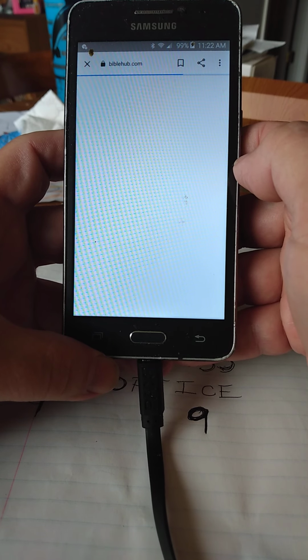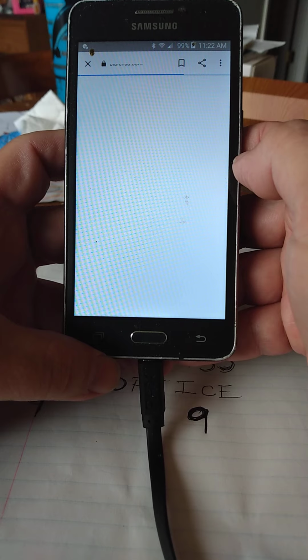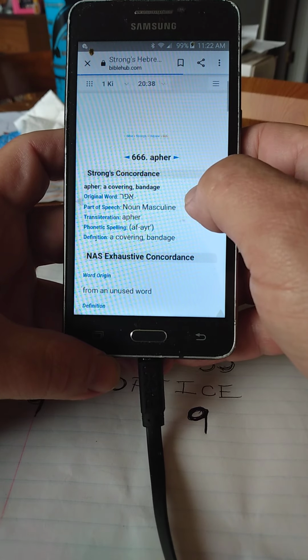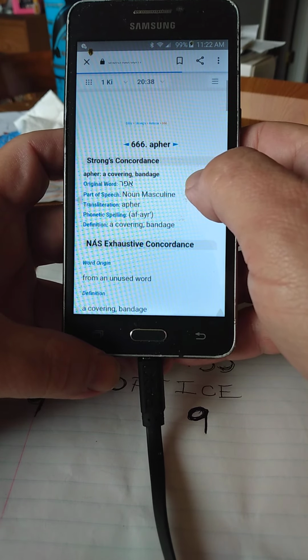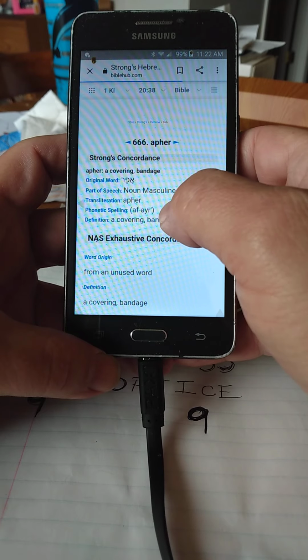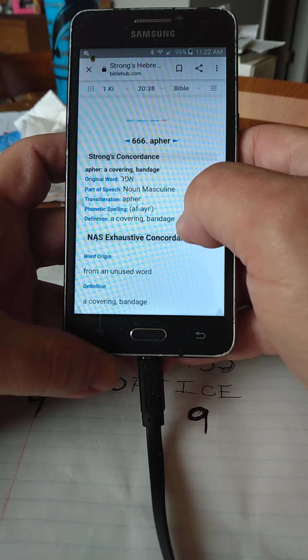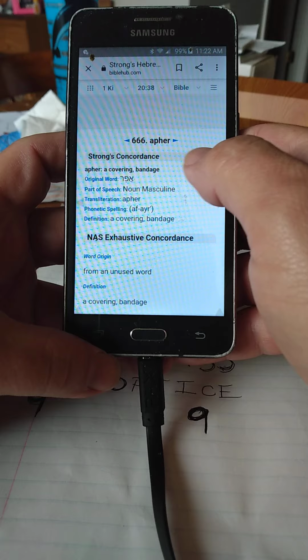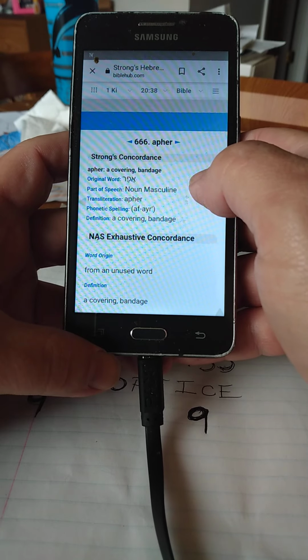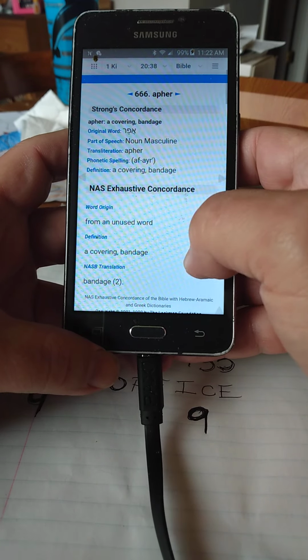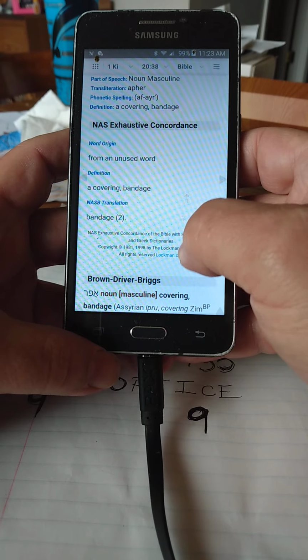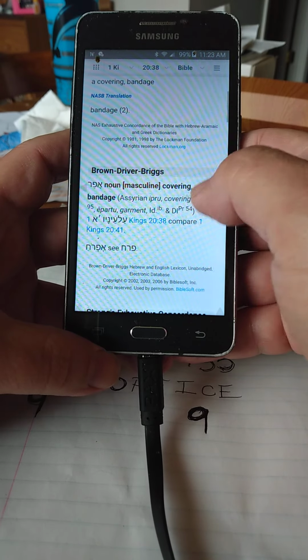Oh, no, wait a minute. We'll see the Hebrew here, which is, we pronounce it F-R. A covering, bandage. From an unused word, a covering, bandage. Bandage, 2 times.